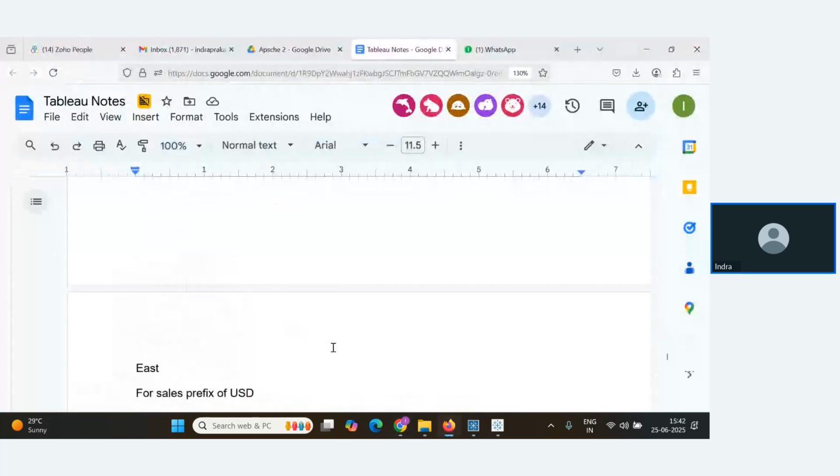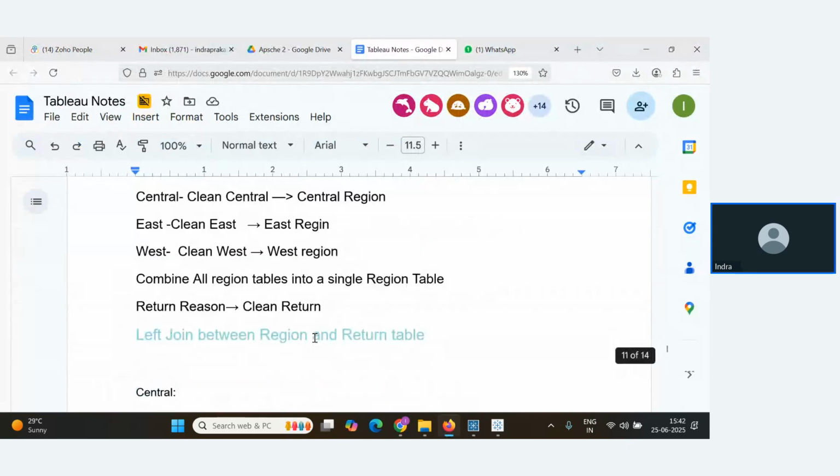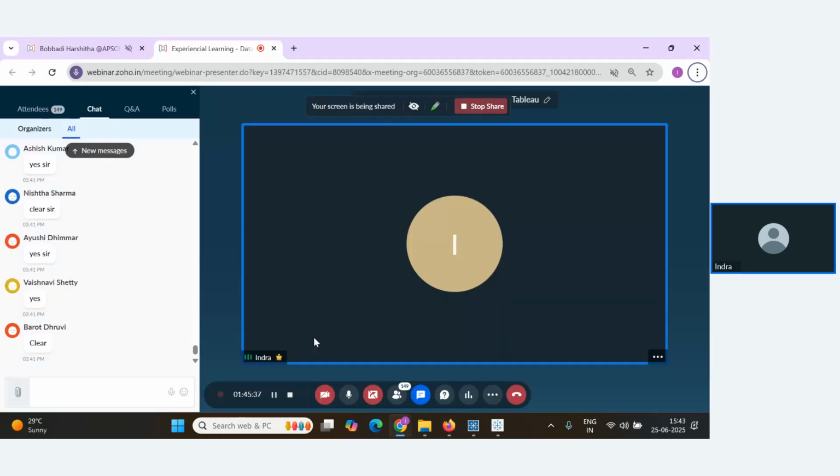I believe it's clear. So in Tableau prep, basically we have seen overall how to upload the table to Tableau prep, right? We have seen how to perform basic cleaning steps like removing the null values, editing the null values, how to change the data types, correct? And how you can group the namings, how you can remove any specific fields, how you can remove the duplicate fields, right? How you can create some calculation fields. We have seen some kind of join operation. We have seen some kind of union operation between the tables. So this is all about the Tableau prep, guys.